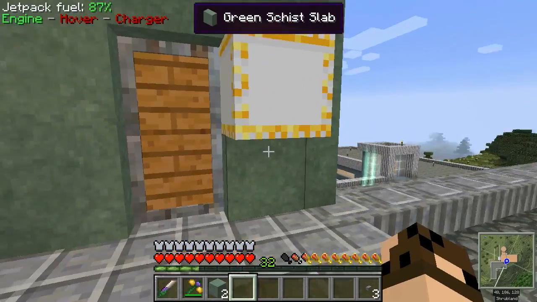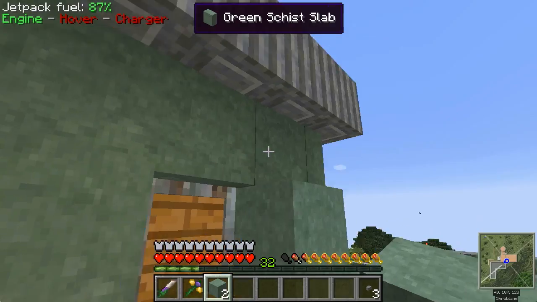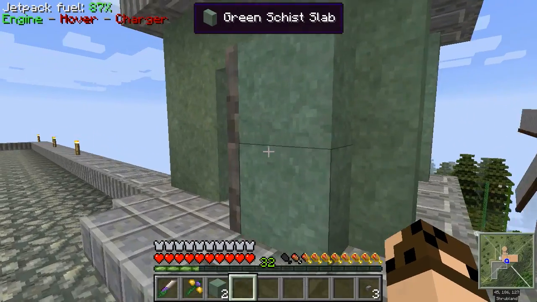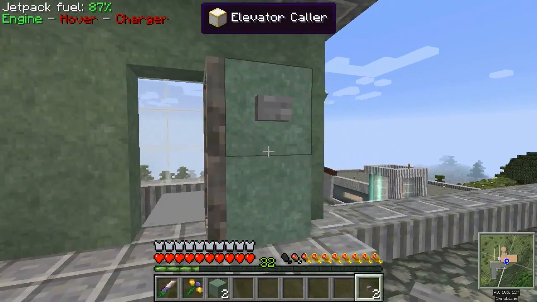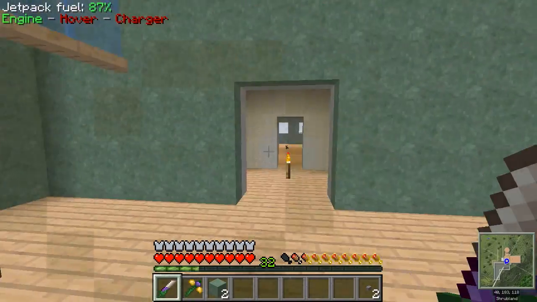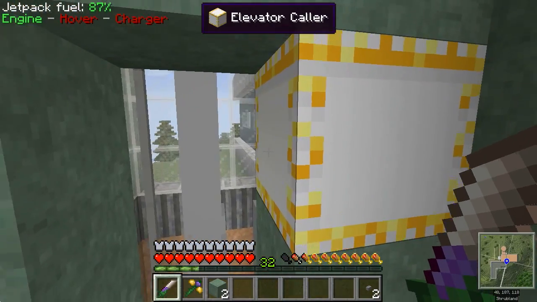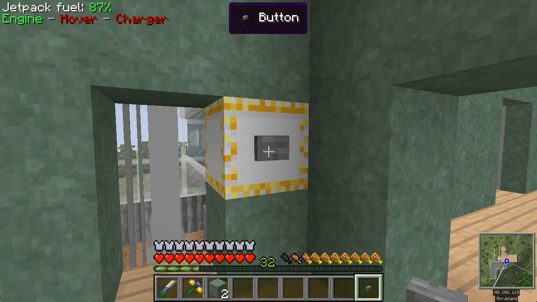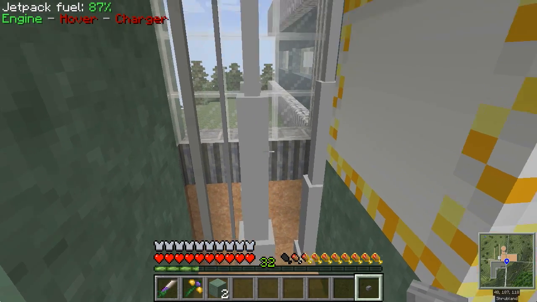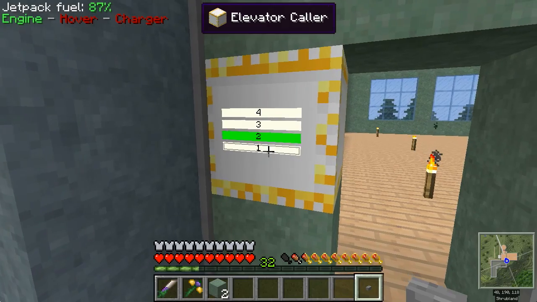So now I'm going to want to disguise that guy, but now he looks kind of weird sticking out there. So what I think I'll do is just put that down there and put a button up there. And now let's test it out. I'll go back down, all the way down to here. Whoops, and go around to here and say I want to call the elevator back to here. So any redstone signal provided to an elevator caller is going to call the elevator back down to that level. Here we go. And now if I want to go back down to the basement level,